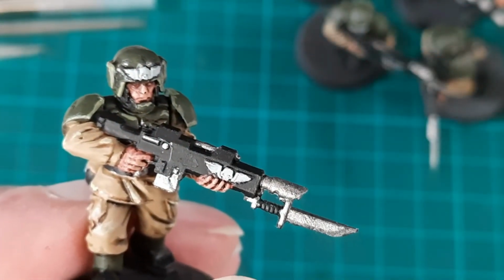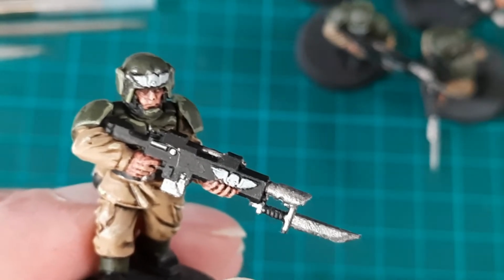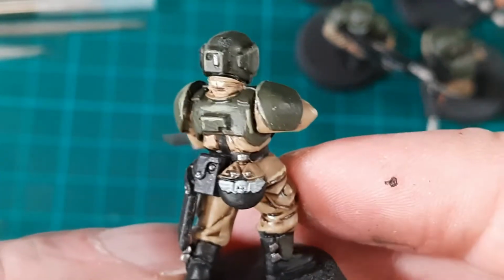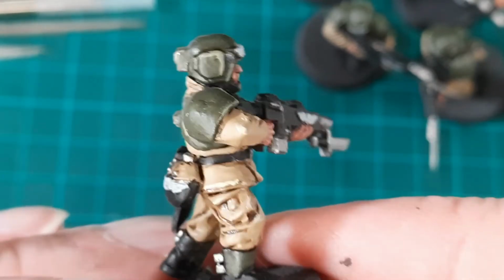With the Celestial Grey done on the winged skulls, we can now move on. Oh, I'll show you the one on the back as well, as I forgot before. There we go, there's one on the water bottles as well. Okay,